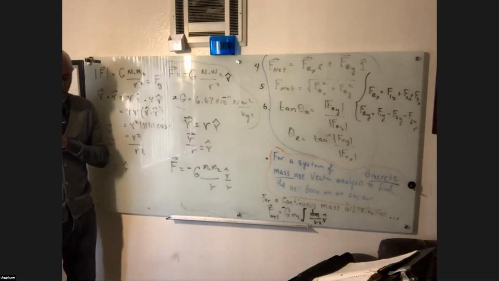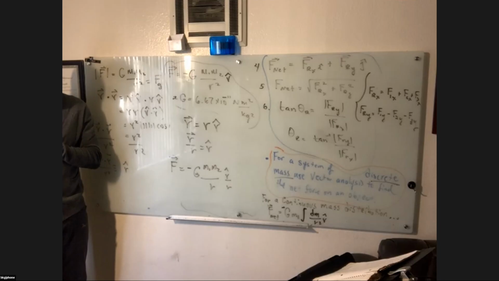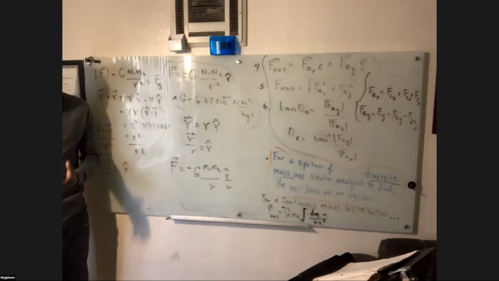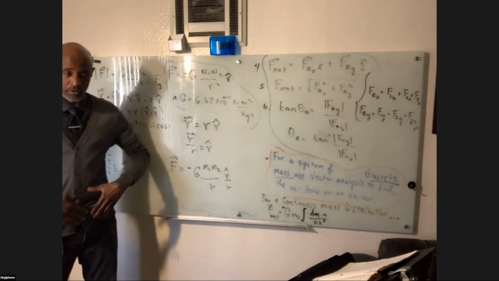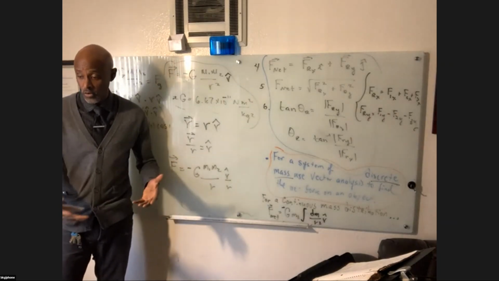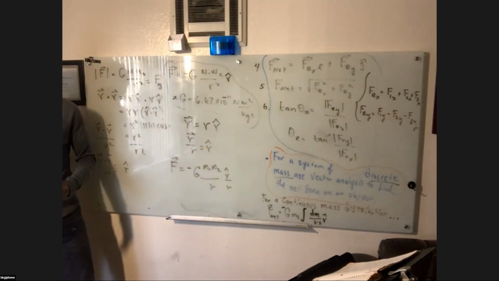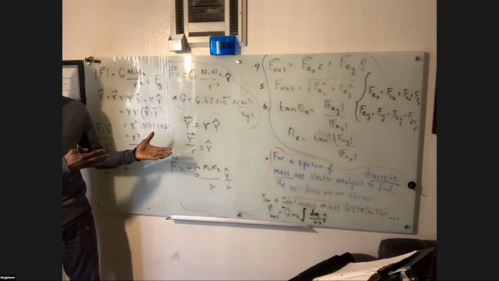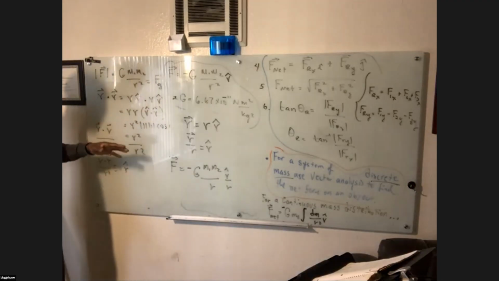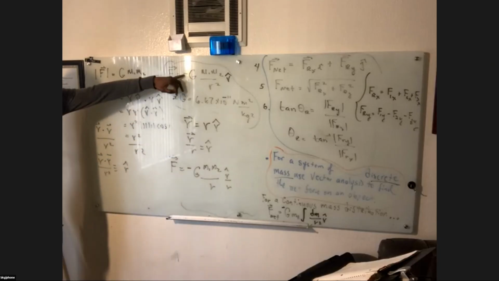Now, we've got to be a little bit careful about the negative sign when we talk about energy. I'll talk about that. But energy is not a vector. So there can be negative and positive energy, but it has nothing to do with direction. It has everything to do with whether energy goes into the system when you do work on it, or whether energy comes out of the system when you do work on it. And it gets even a little bit more complicated for orbital bodies, which is what we're really applying this stuff to. Again, I'll talk about that momentarily, but for now, we're just talking about force, and this minus sign